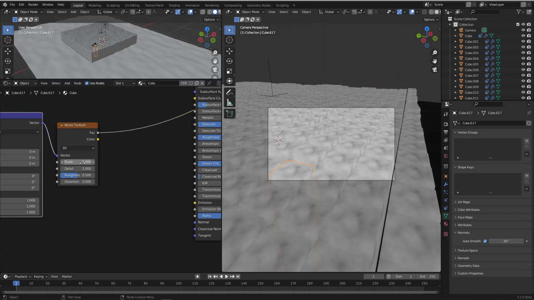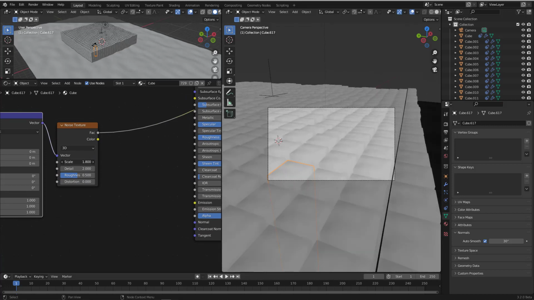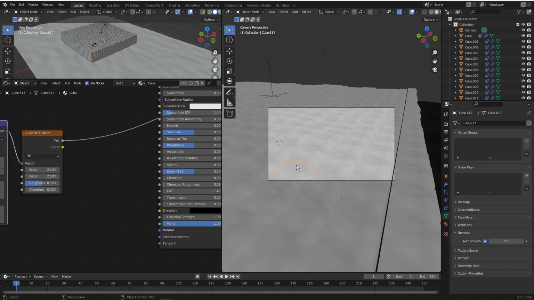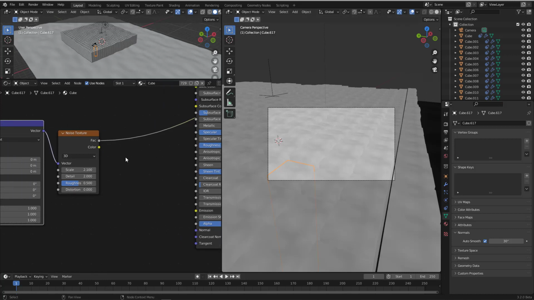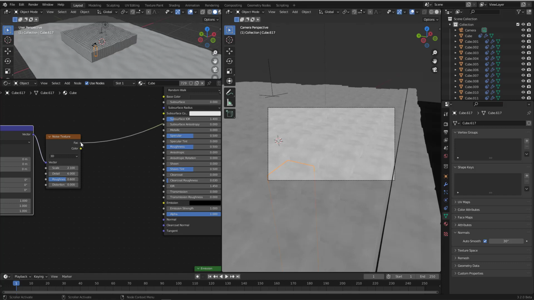Alright, let's change the scale to something, I don't know. Let's see what we need to do here. We will get one problem though. Here the result will be duplicated for all of these cubes. We need to use this in the roughness slot here. So before we do that, let's crank the details to maybe 6 and the roughness to maybe 0.6. Yeah, let's give it a little bit of roughness, and when you are satisfied, plug this to the roughness, and